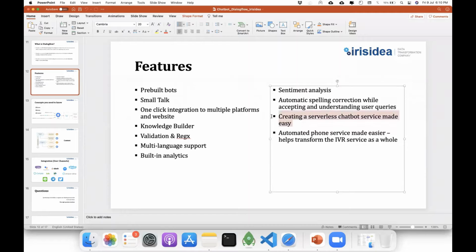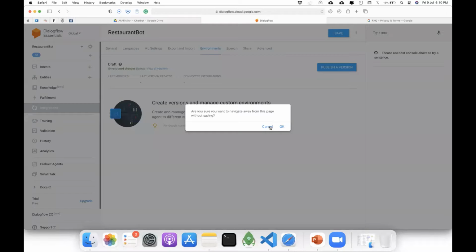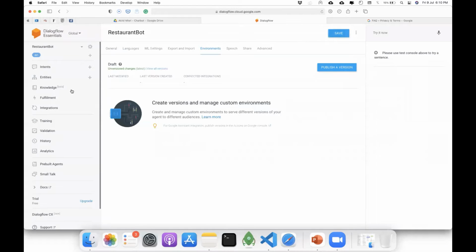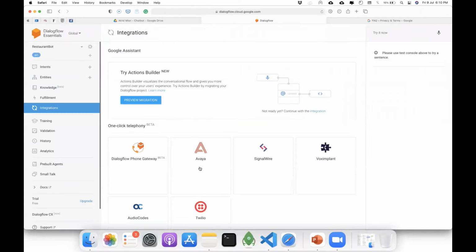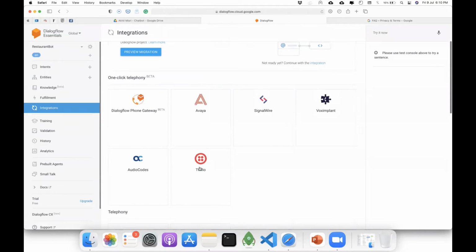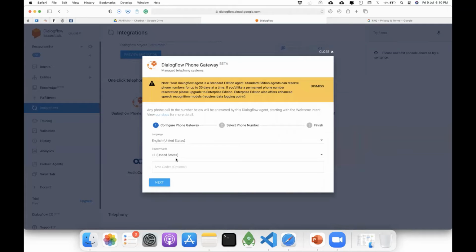Create a serverless chatbot service made easy. I'll come to this. Automated phone service made easy. Now, what that means is actually interesting. If you see here, the phone gateway: if I set this up today, you don't even need a website or anything.